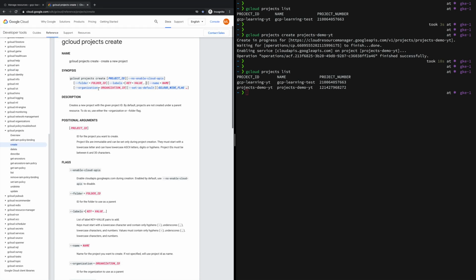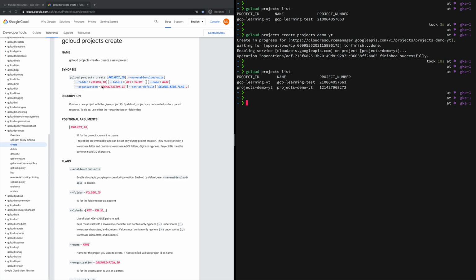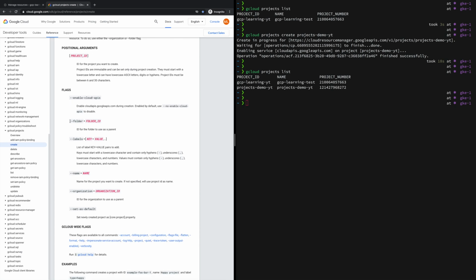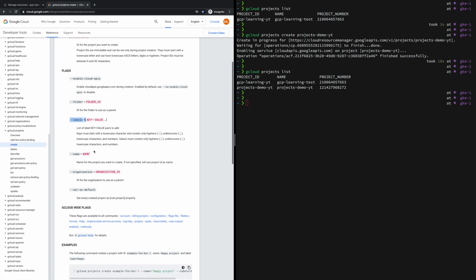Suppose you want to create a project inside a particular folder or organization, you can use these optional flags. So these are optional. You can use dash dash folder, and you need to provide the folder ID. You can also provide the labels. You can provide the name.